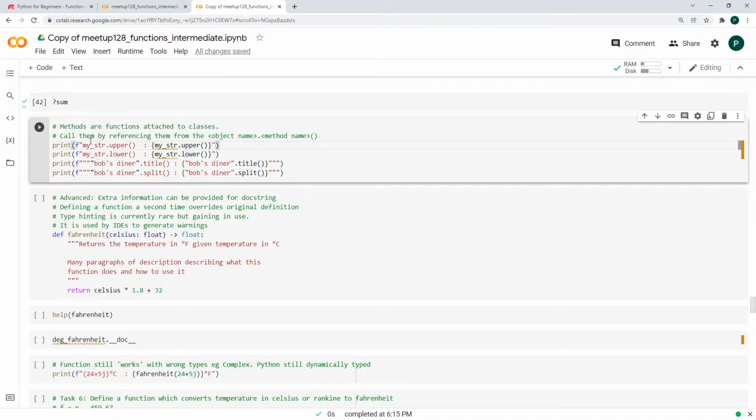All right, let's have a look at some methods, functions attached to classes. So we've seen just standalone functions up until now, but some of these classes have a function built in. String is a class, and it's got some built-in functions, so they're called methods. And the way you call a method is using this dot notation. So you've got a variable here which has got a value in it,